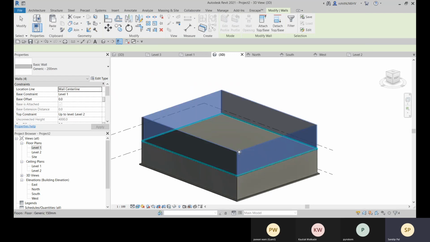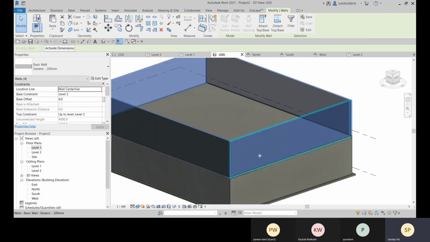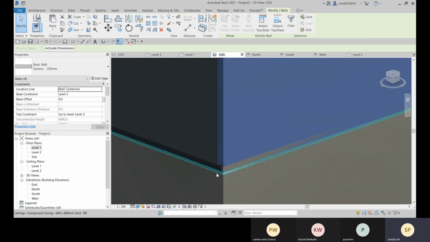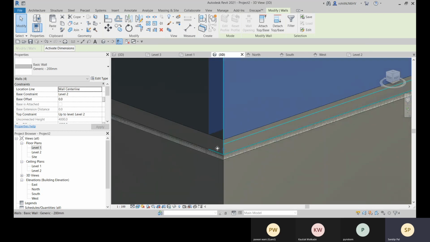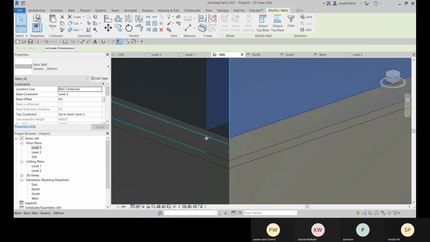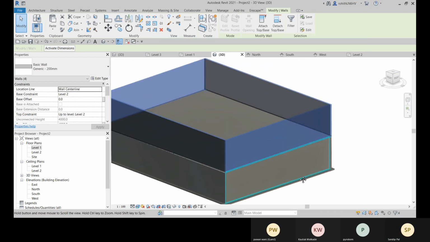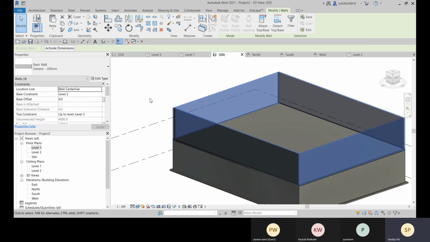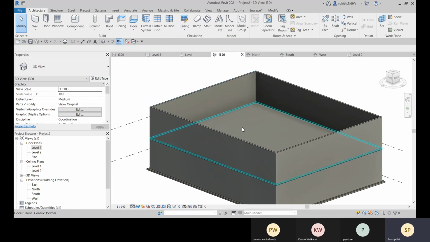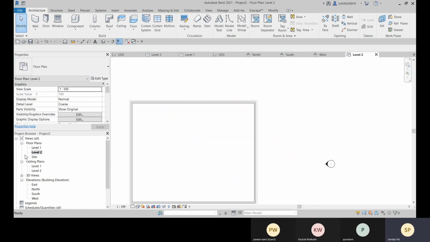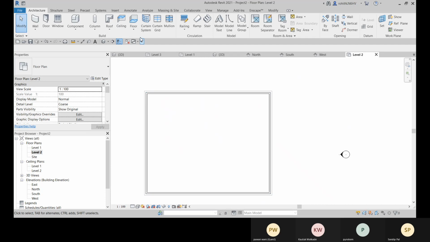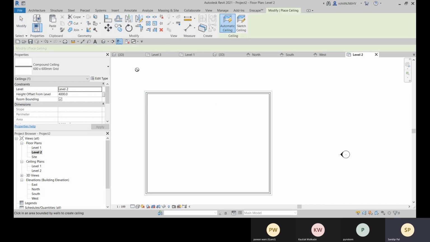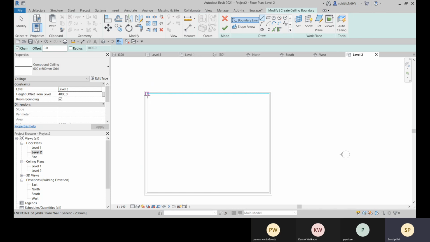Click on OK, and that is placed above the floor. And then again you define the ceiling. In which level will you define the ceiling? You will define the ceiling at level 2. Go for the ceiling, and it will be sketch ceiling.